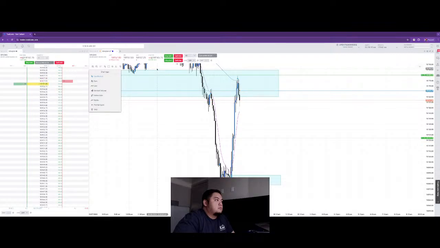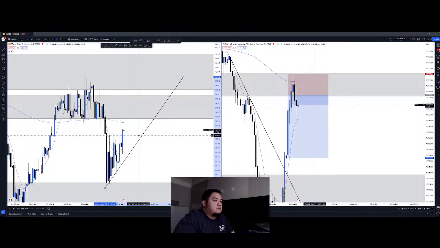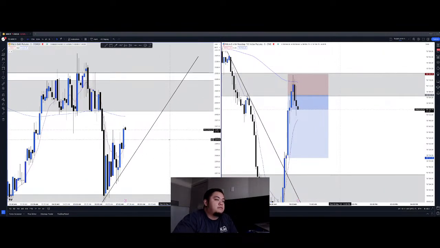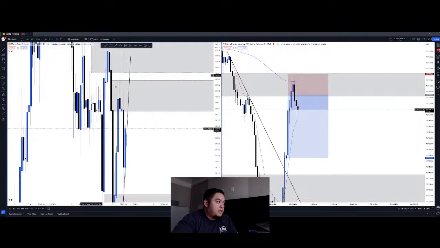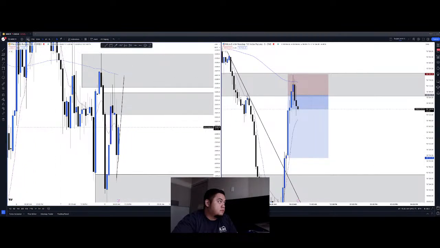Actually, I think it's about to take off. Because if you look at the 5 minute, we came down, right? If you create that trend line, it broke with that one big green candle, came back, retested, and now it should be moving back up. Yeah, it's going in towards the 200 up into the 1 hour supply. So I'm probably just gonna end up waiting for that 1 hour supply.